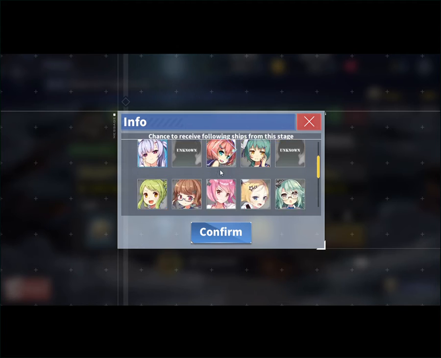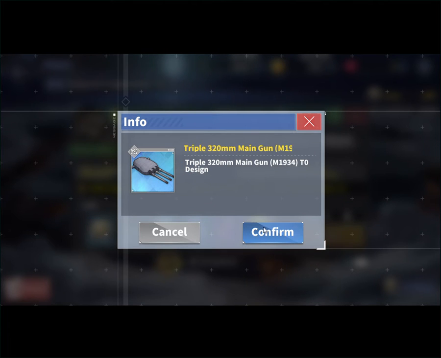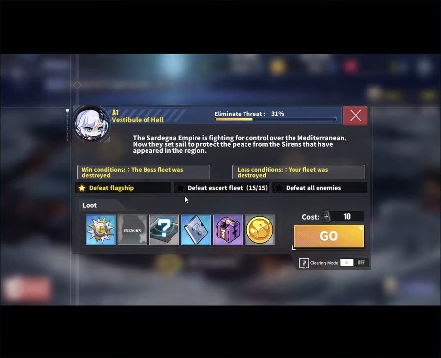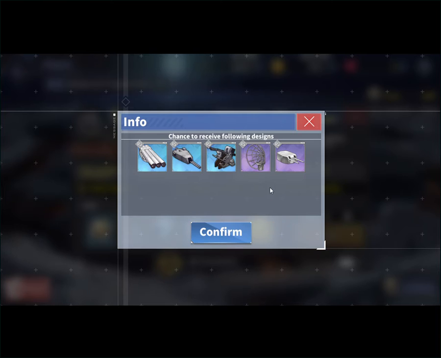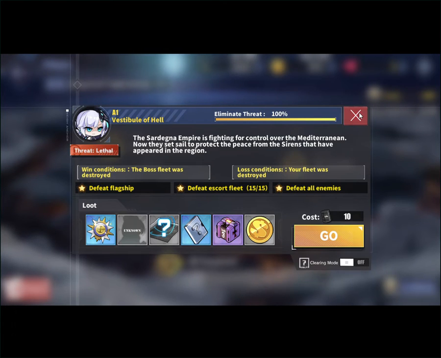So now I'm just gonna check this first. Let's check what we have. Triple 320s. Okay. This area is safe. This area is not safe yet. I haven't seen these guns before. Those are new to me. Well, this is the Italian event, so...